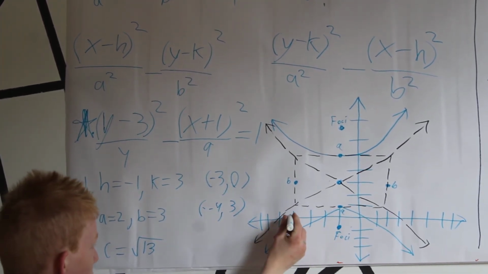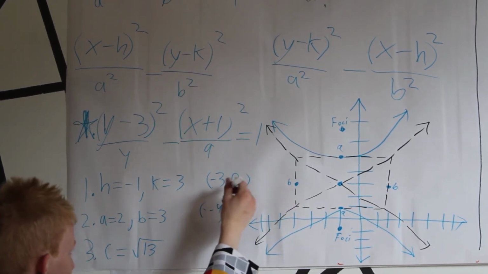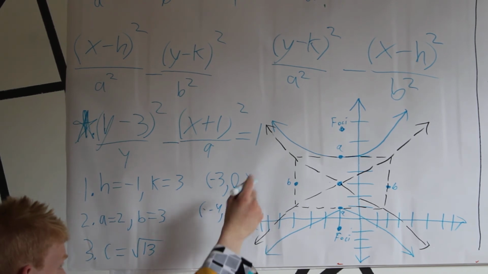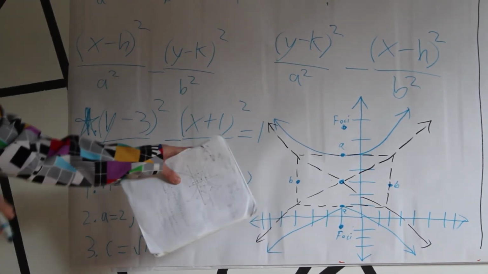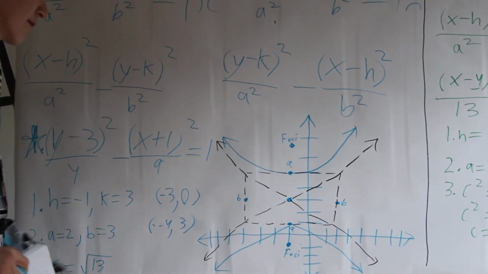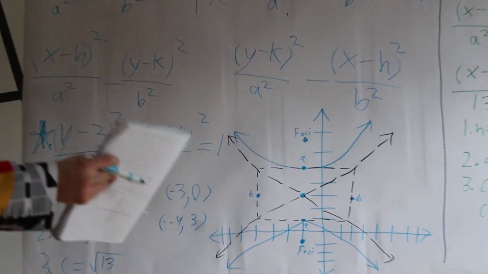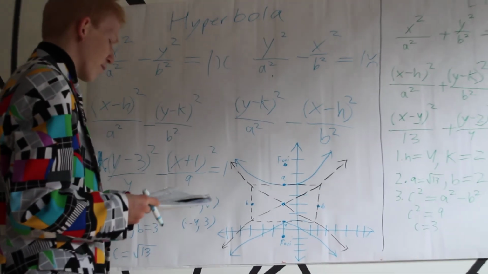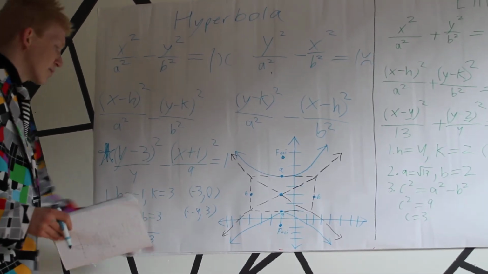1, 2, 3, 4, up 3, 1, 2, 3, boom, it's the same point. All you're doing is transforming it by this, and that's how you can get the point. So you can either do it graphically, or you can do it with individual points. You see how I messed up a little bit doing it graphically. And that is how you graph the hyperbola. We have gotten our asymptotes, which are these black